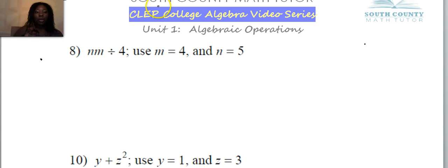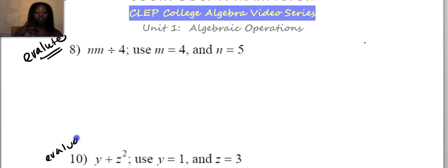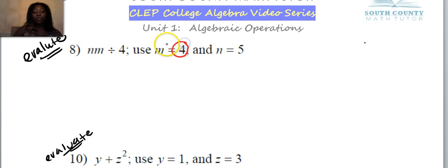Okay, so let's do this one. The question was to evaluate. It's important to know what the question is asking you. Evaluating is to plug in, replace and simplify. n m divided by 4, when m is 4, so every time I see m, I replace it with 4. And every time I see n, I replace it with 5. So instead of m, I'm going to put 4. Instead of n, I'm going to put 5 times. Instead of m, I'm going to put 4